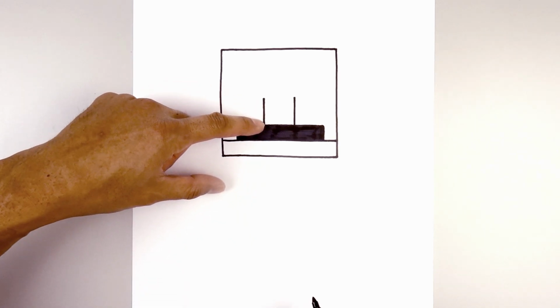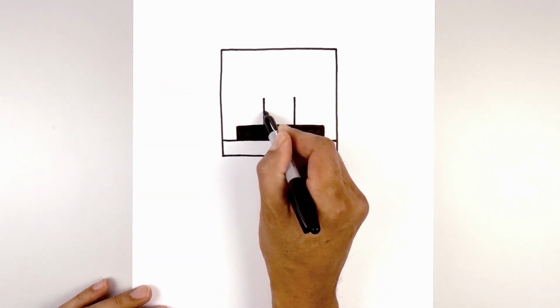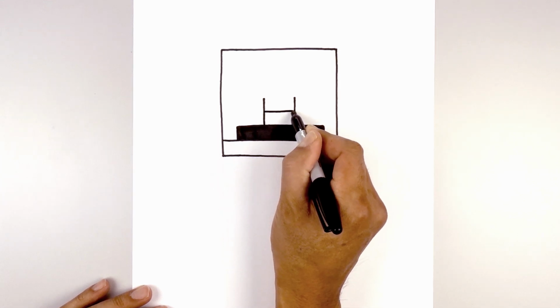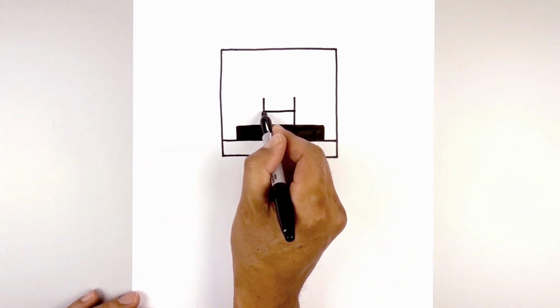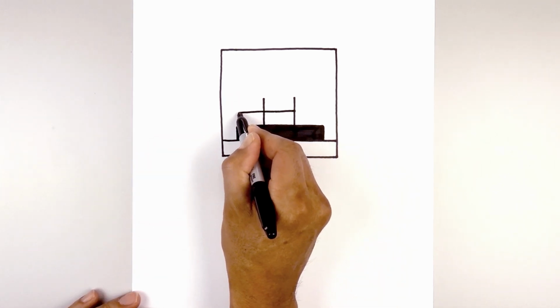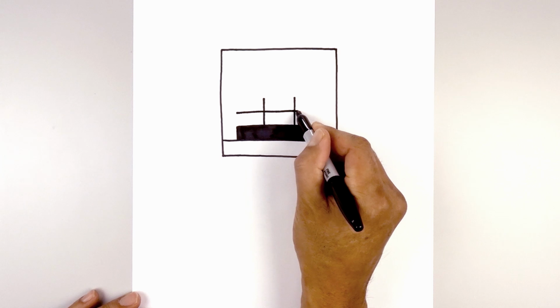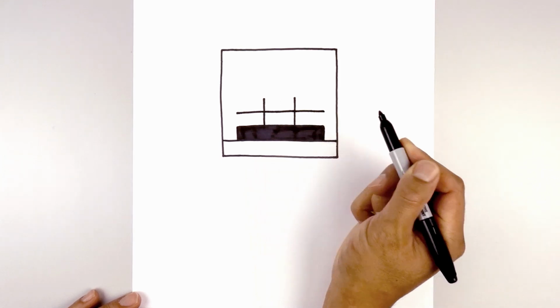Now we want to find the halfway point along this line and draw almost like a large H. We're going to go all the way across. Now we want to extend this line out to line up with the side of the mouth. So we'll start with the left side, going out, and we'll do the same thing on the right.